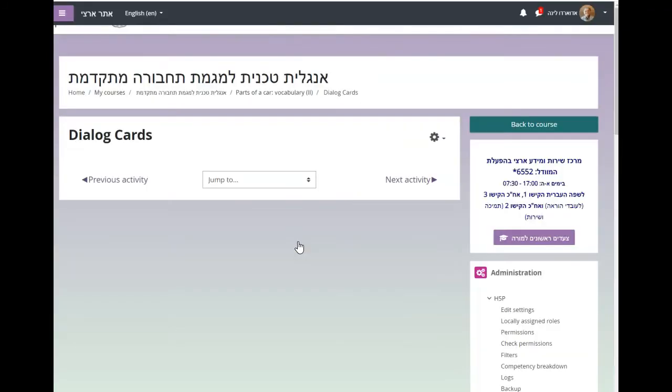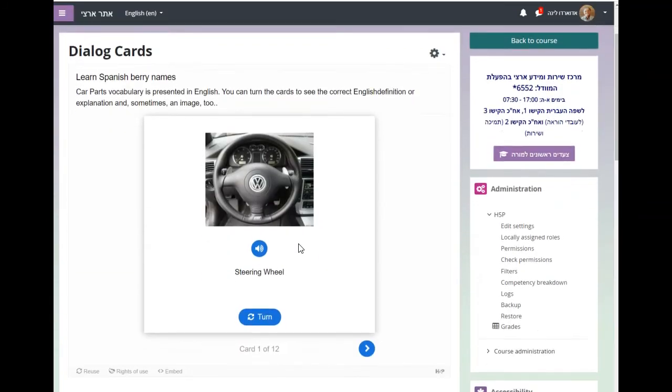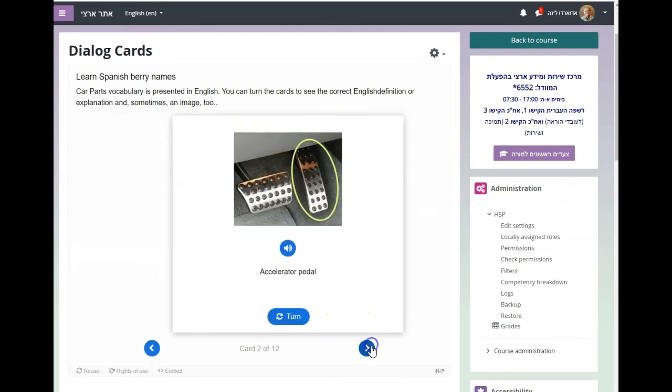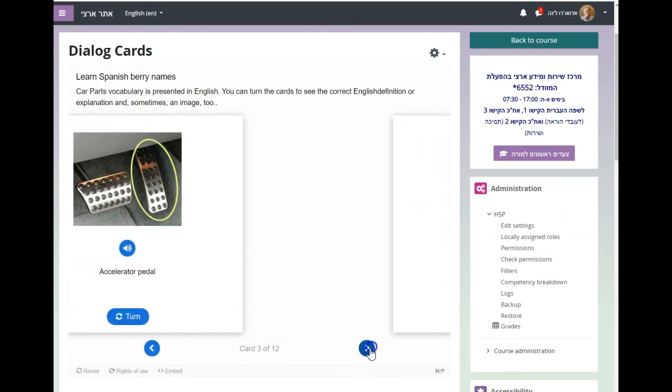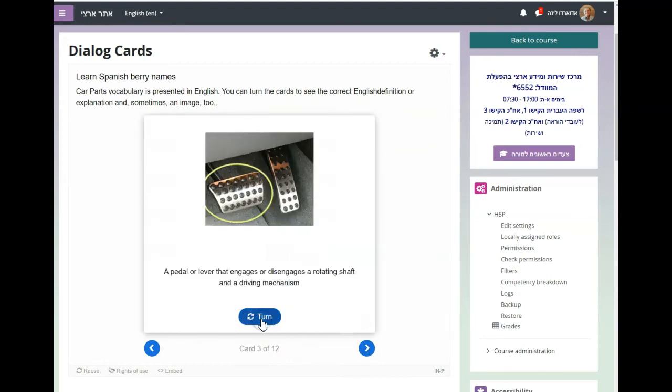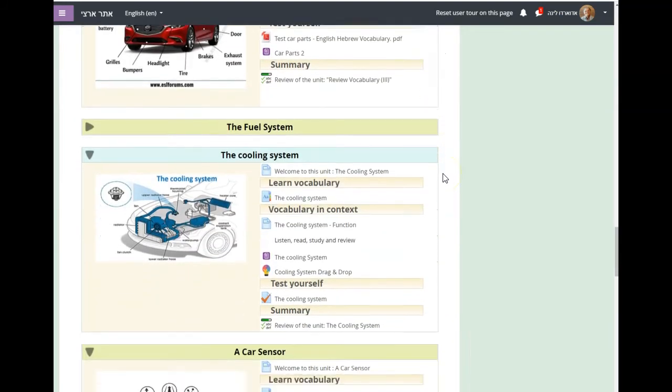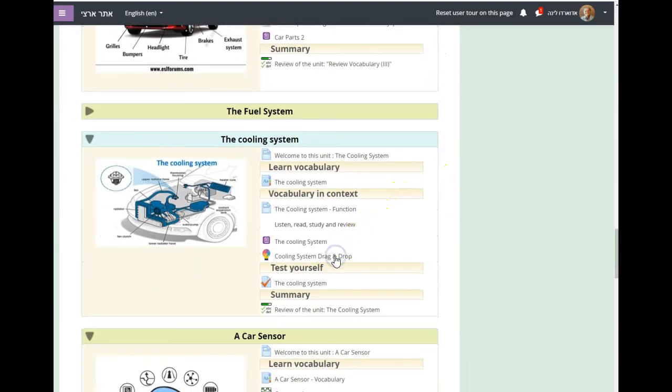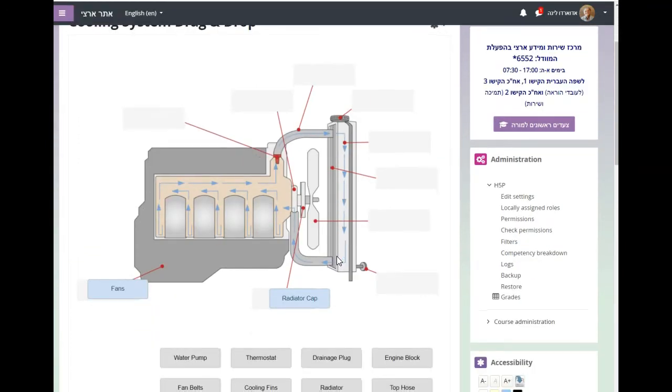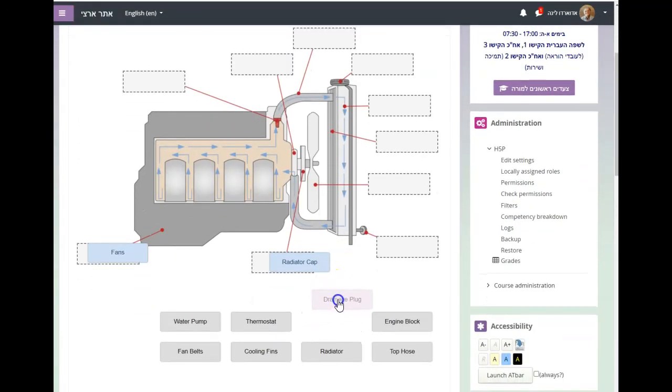H5P activities also provide possibilities for helping students become independent learners. While we are familiar with the use of video on H5P in a way similar to Edpuzzle, here are a few more possibilities. In short, it is possible to have pupils learn and practice vocabulary and then have them produce